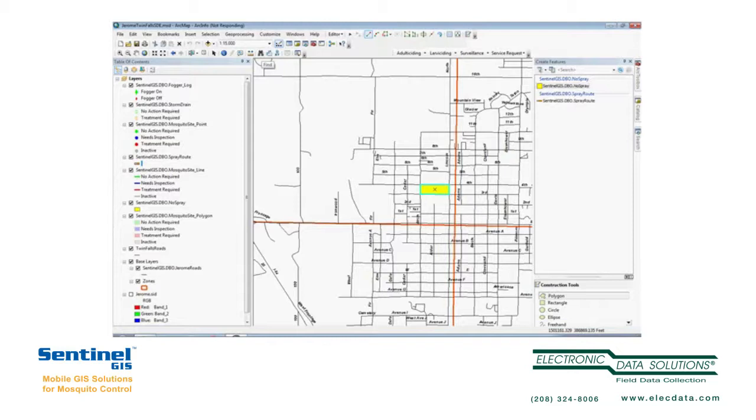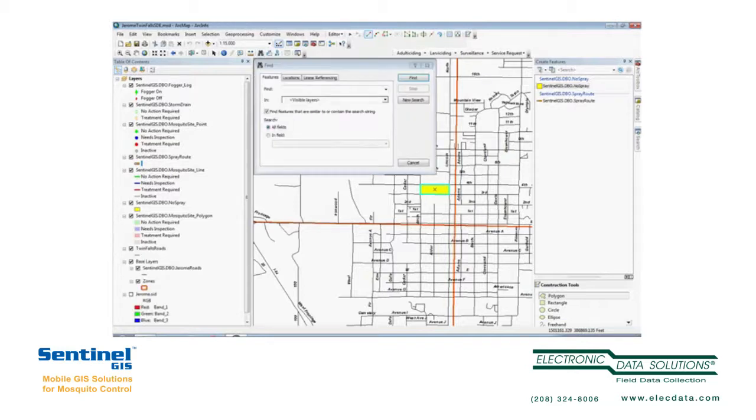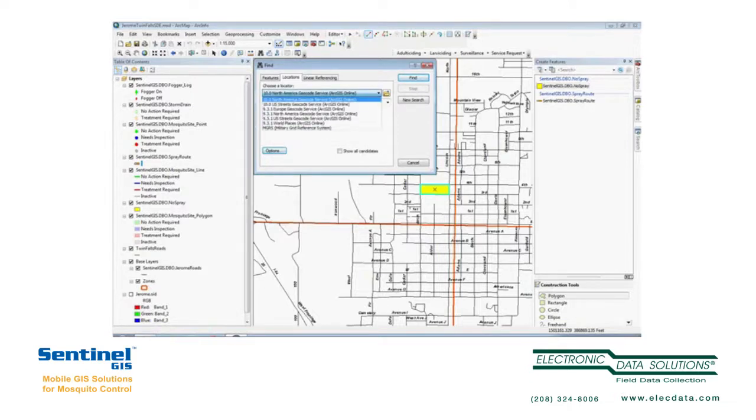We can use the standard find tool in ArcGIS, and we can find locations using the ArcGIS Online North American Geocoding Service, or US Streets Geocoding Service. Then we can type in an address. So I'm going to put in 420 South Alder Street, Jerome, Idaho,